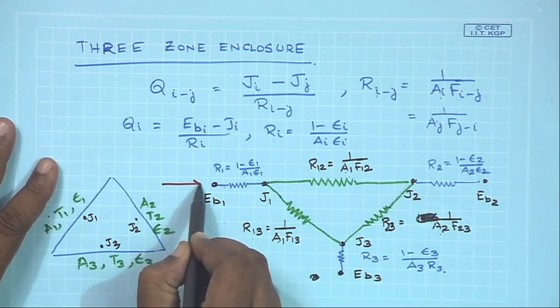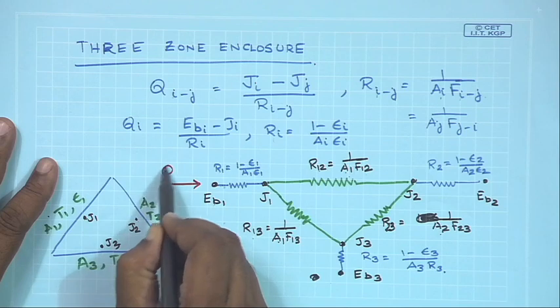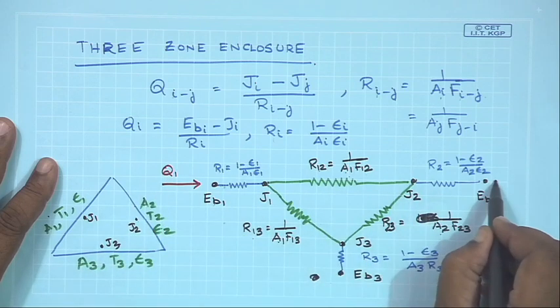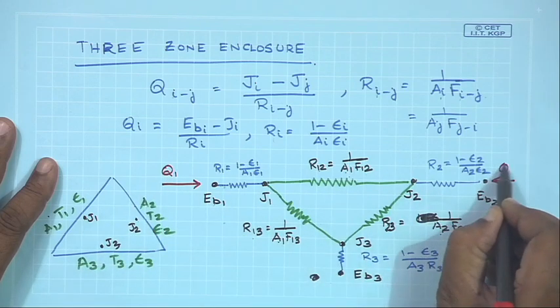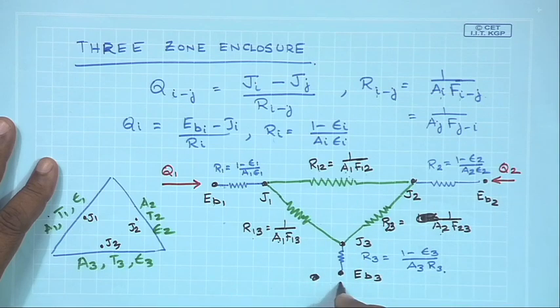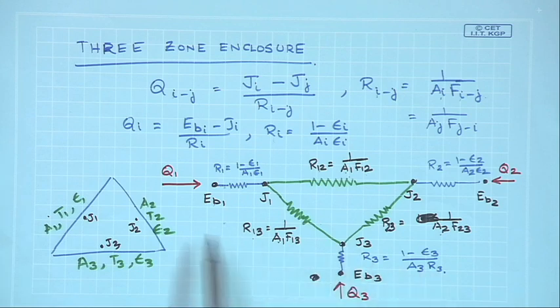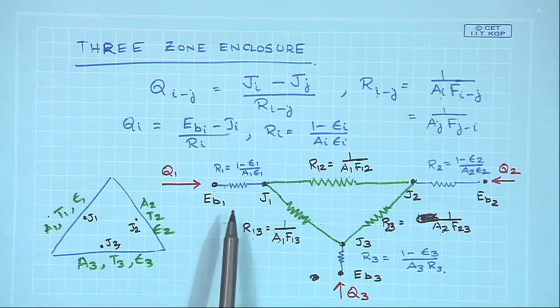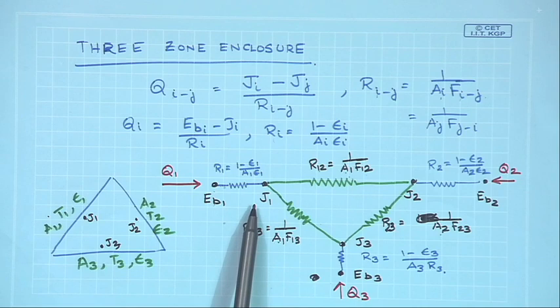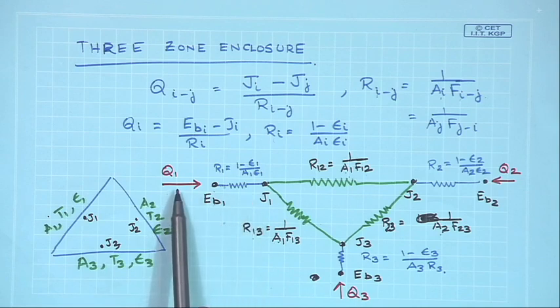some amount of heat is entering over here, which I call Q1, some is entering, which we call Q2, and some is entering over here, which is Q3. Now, the potential difference between EB1 and J1 arises due to the non-black nature of the body. Had this been a black body, EB1 would simply be equal to J1, and therefore, Q1 would be equal to